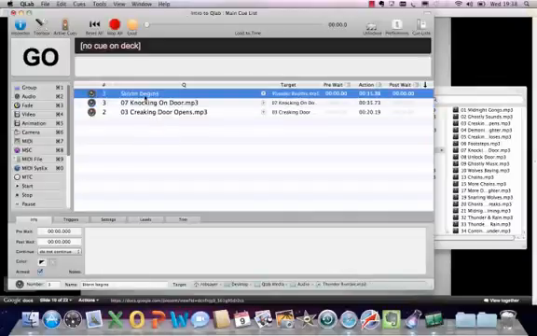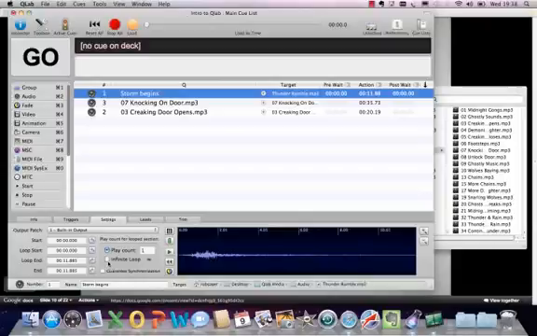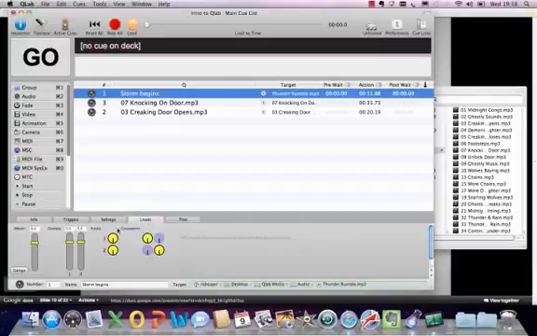The first cue is the storm, and at the moment that just runs once. What I want to do with the storm is change it so that it actually loops. So I'm going to set it to an infinite loop, and what that means is that the storm is going to carry on in the background. The thunder rumble is going to carry on in the background all this time. Now the levels on this thunder rumble are quite quiet because it's quite a quiet cue. If I just play that now,